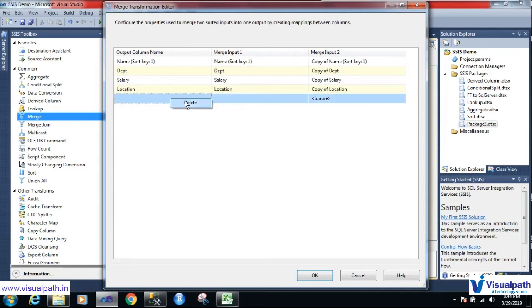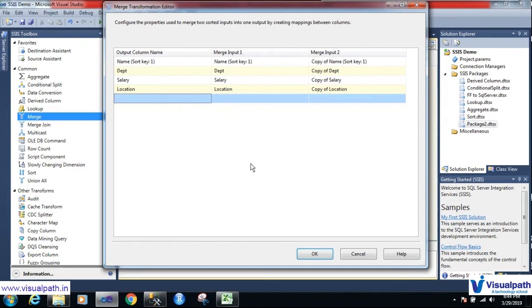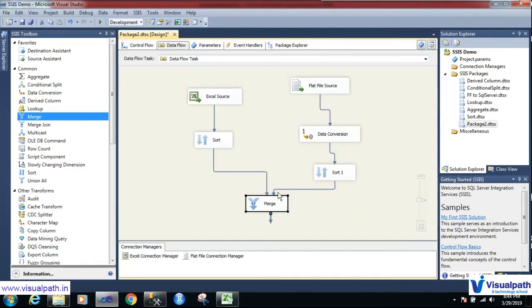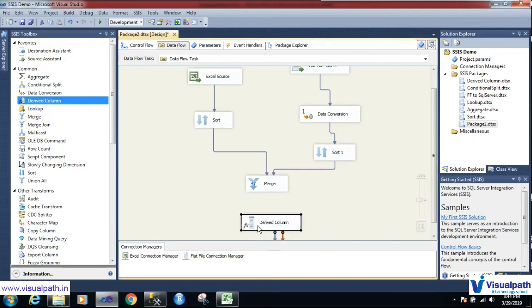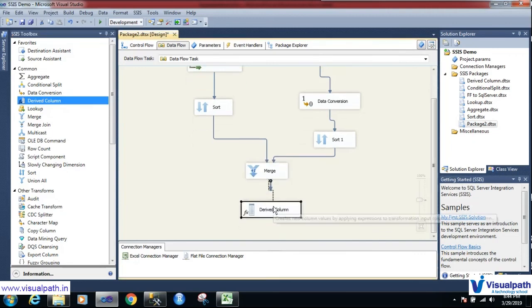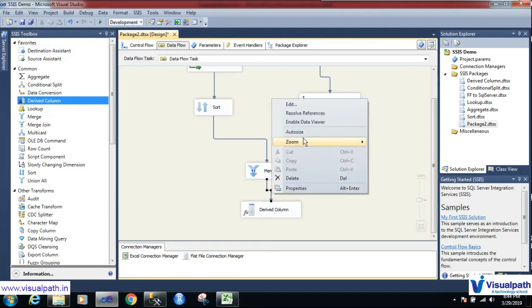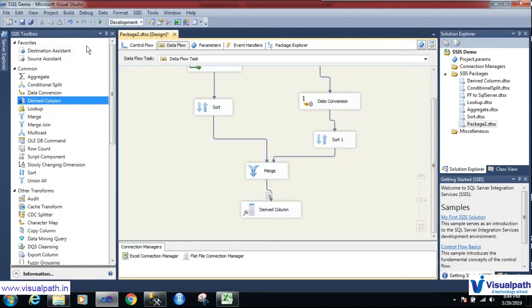Let me right click on this and delete. Okay, click on OK. I will take a derived column again, connect to derived column, right click on this, enable data viewer. Let me save this. We run this.